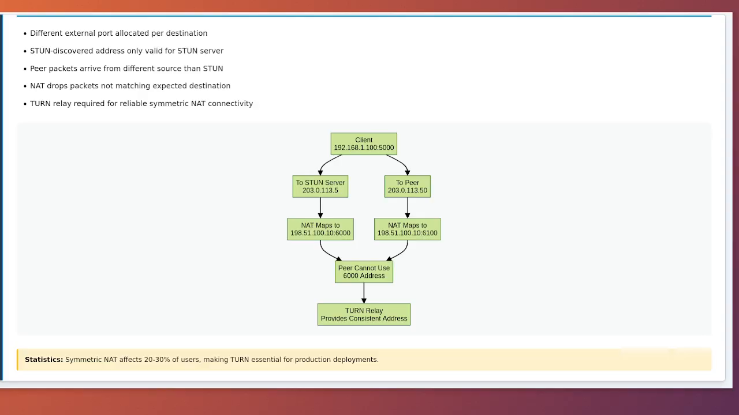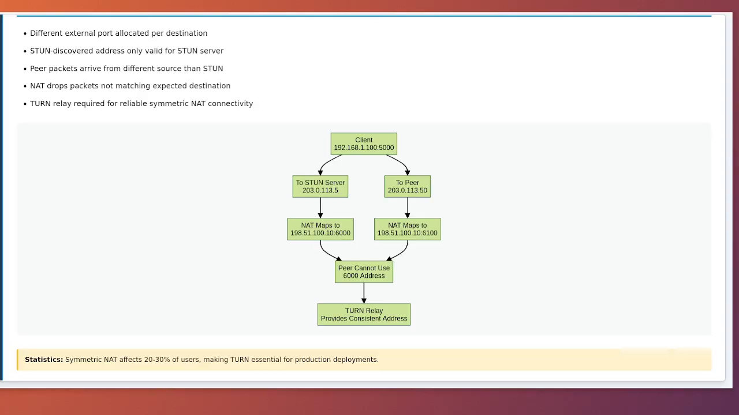The reality is that symmetric NAT scenarios often require TURN relay for reliable connectivity. This is exactly why TURN exists as part of the ICE framework. ICE will attempt direct connectivity first, trying various techniques and candidate pairs. When these attempts fail, as they often do with symmetric NAT, ICE falls back to the relayed candidate obtained through